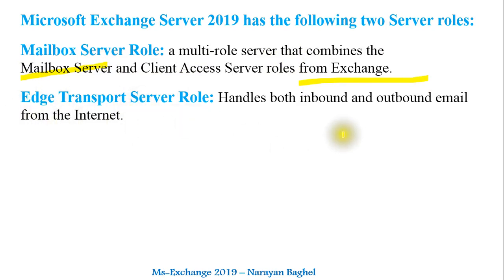It handles both incoming and outgoing emails from the internet. We should know the function of each role and what kind of role is played by that specific role of Exchange server. So now it is known as two server roles only.